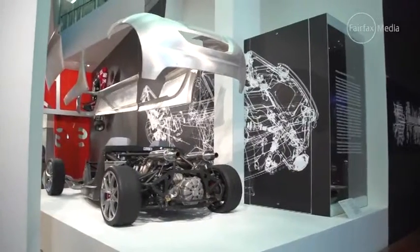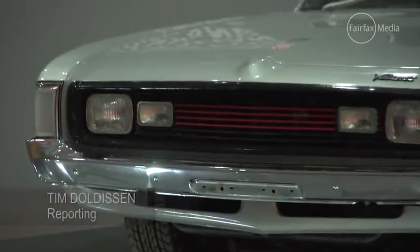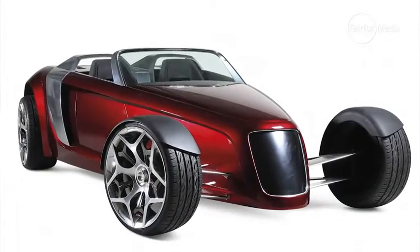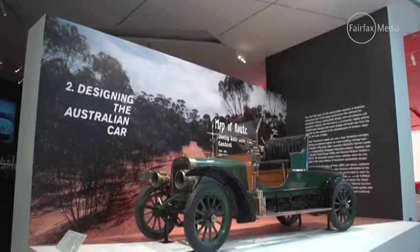23 iconic examples of Australian design and engineering have rolled into NGV Australia. From the much-loved Aussie Ute to innovative concept vehicles, almost 120 years of automobile design is on display at the